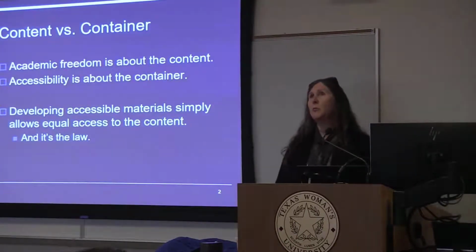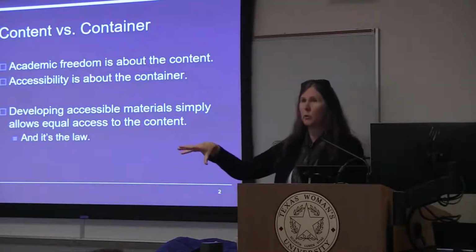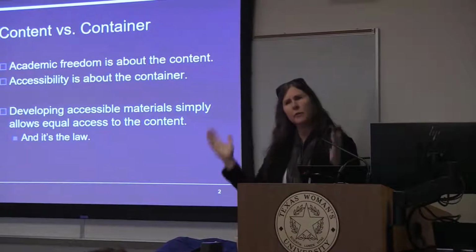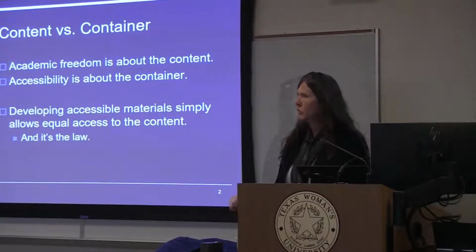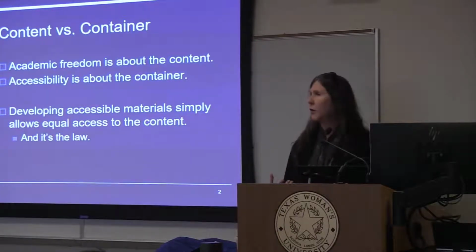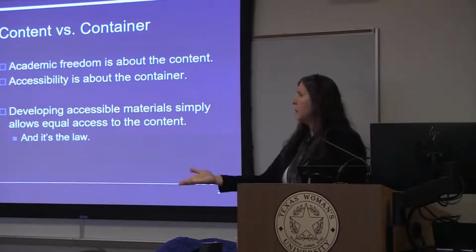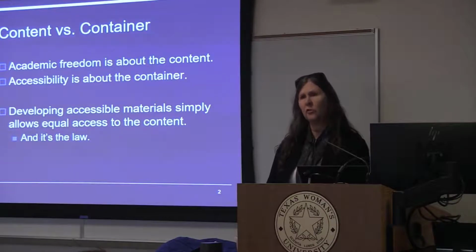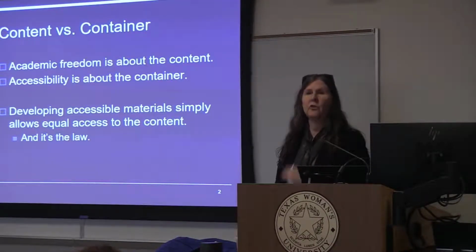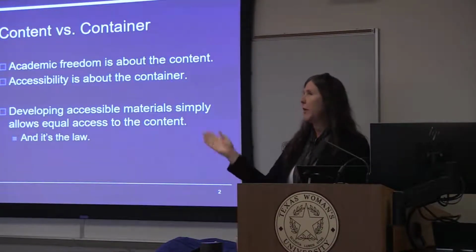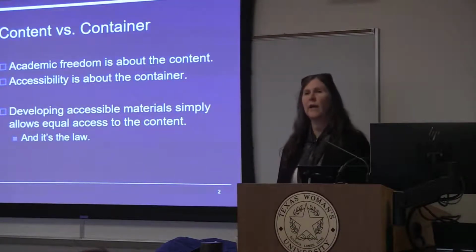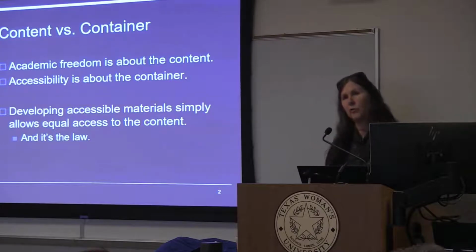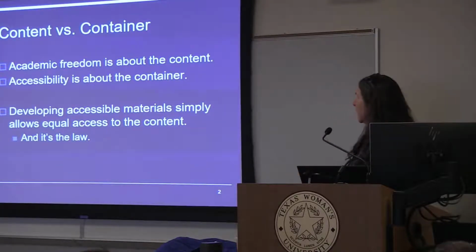When I'm speaking, I will be speaking mostly toward working with students, but just know that everything I'm talking about today applies not just to students. All of these laws apply equally to employees as they do to students. If you are, for instance, an admin assistant who's sending out official campus emails, you need this information just as much as the faculty and administrators do. I am really speaking to everybody.